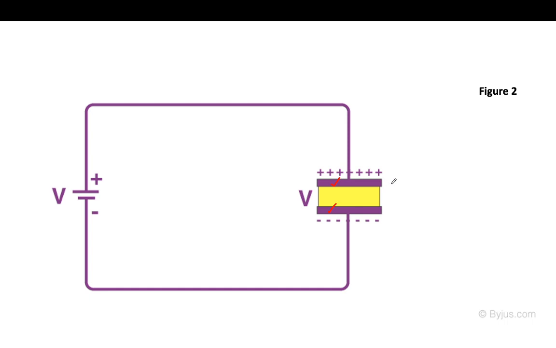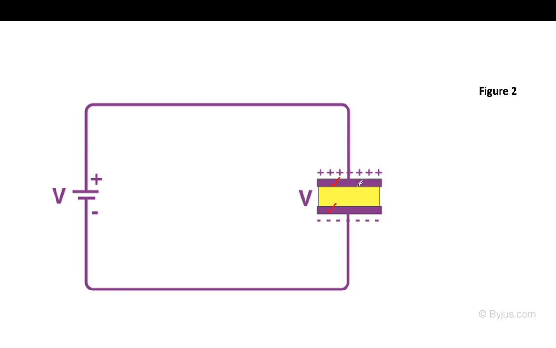So an electric field appears across the capacitor. The positive plate assimilates positive charges from the battery, and the negative plate will assimilate negative charge from the battery. After a point, the capacitor holds a maximum amount of charge as per its capacitance with respect to this voltage. This time span is called the charging time of the capacitor.